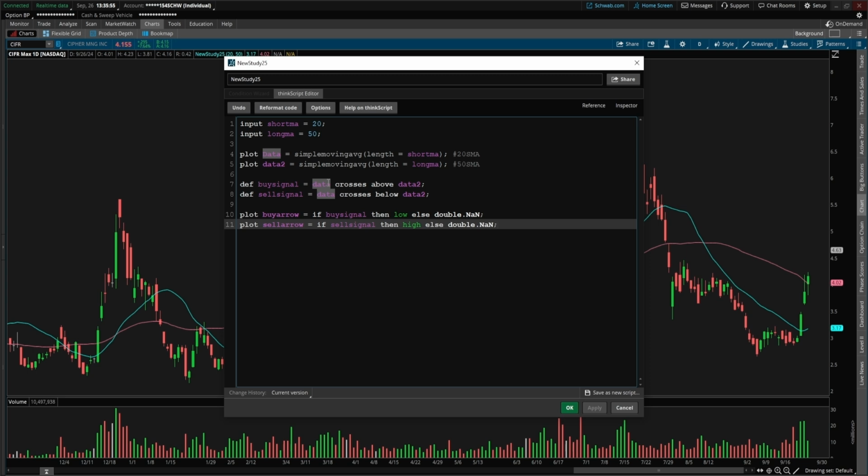Okay, if the 20 simple moving average crosses above the 50 simple moving average, you want the low value plotted, and vice versa, you want the high value plotted. What does that even mean, right? Well, now we are going to jump down and we are going to make use of a new type of